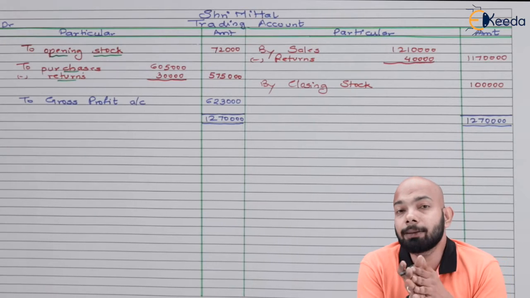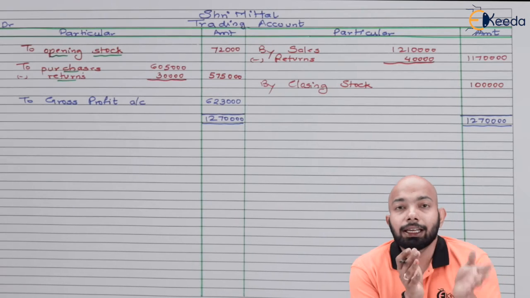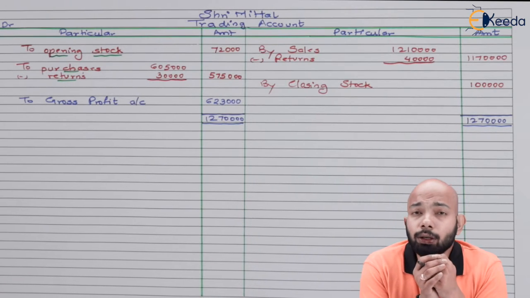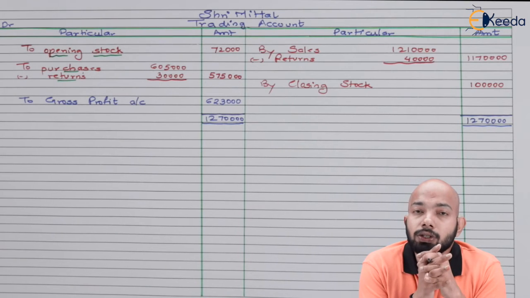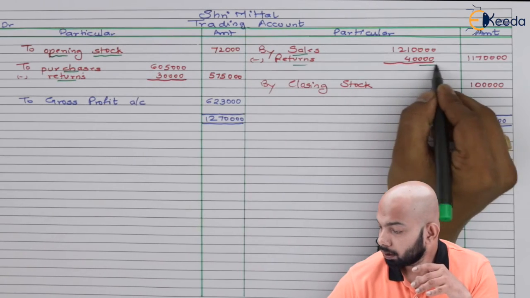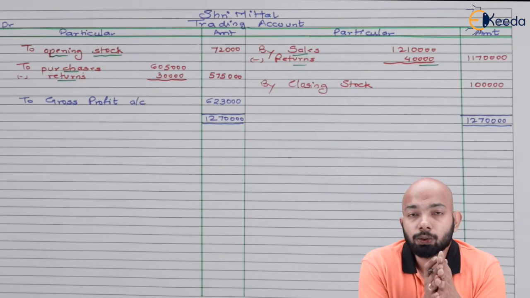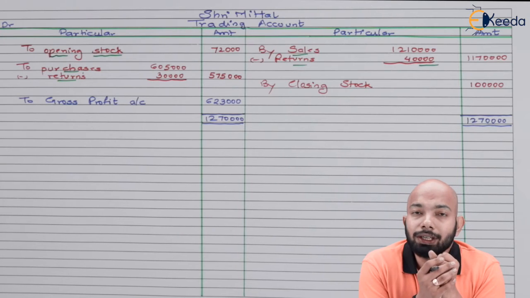So the total amount that comes out is 5,75,000. This concludes the debit side of it. Now on the credit side, we have sales and the closing stock. But sales is the gross sales, out of which we have to subtract the returns of 40,000 here. So 12,10,000 minus 40,000 will give you an amount that will be mentioned in the outer column, which is 11,70,000, out of which the next part will be the closing stock, which has been already mentioned as